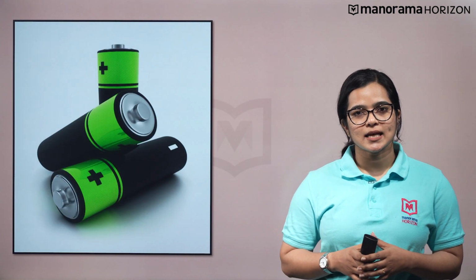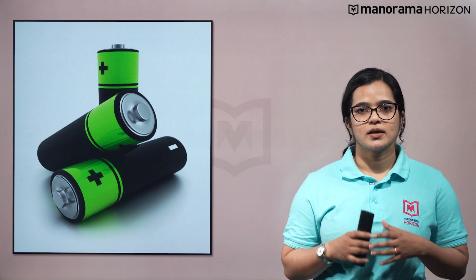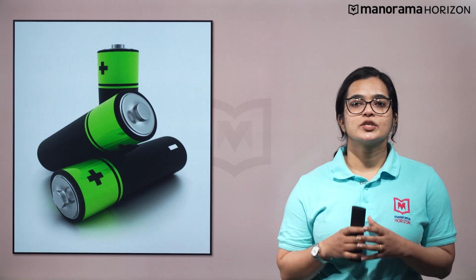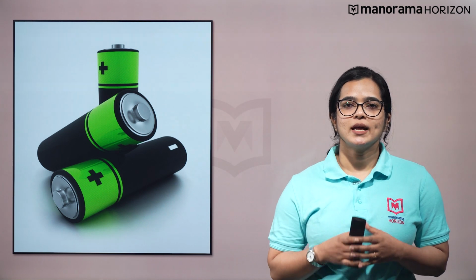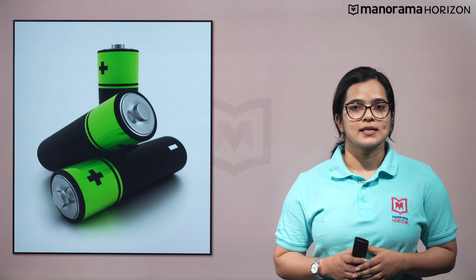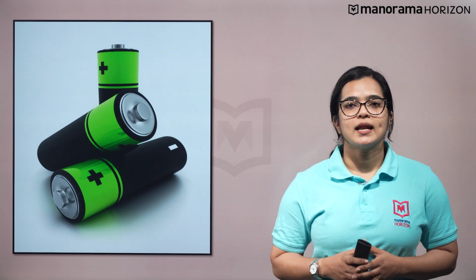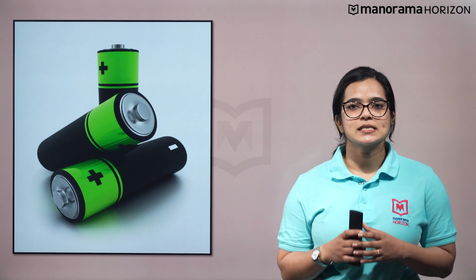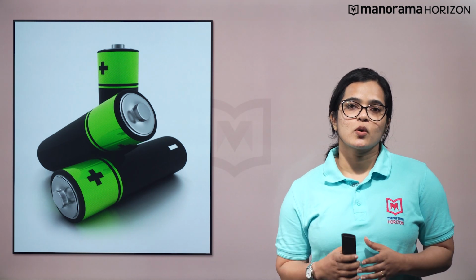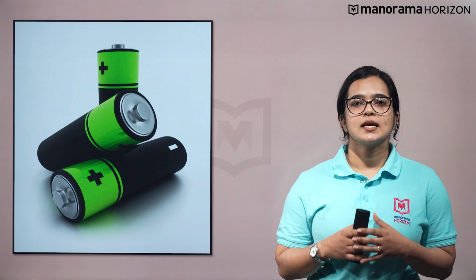Let's dive deep into the simple but fascinating physics of a cell or battery. A simple device to maintain an electric current in a circuit is called an electric cell. It's an electrochemical device which converts chemical energy into electrical energy. As seen in the figure, it has two terminals, a positive terminal and a negative terminal. When the cell is connected to a circuit, the circuit gets completed and electrons can start flowing, thus electric current